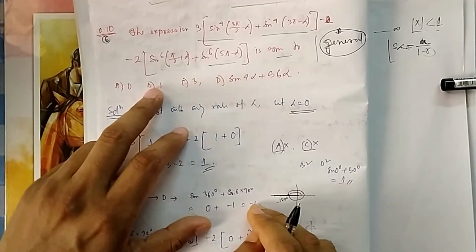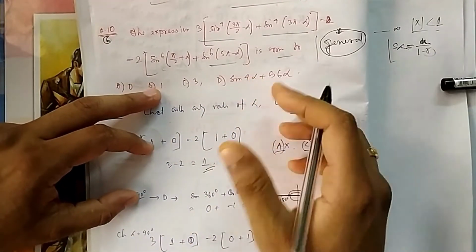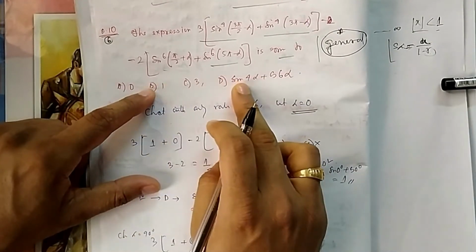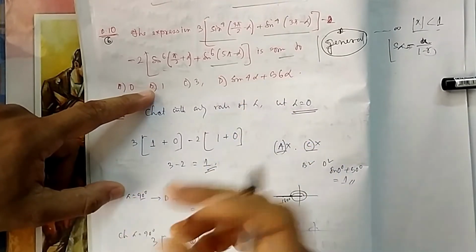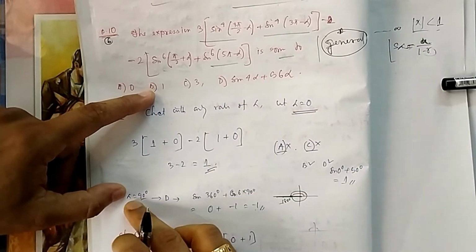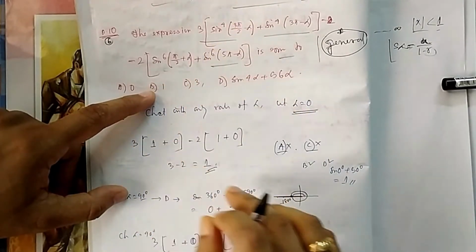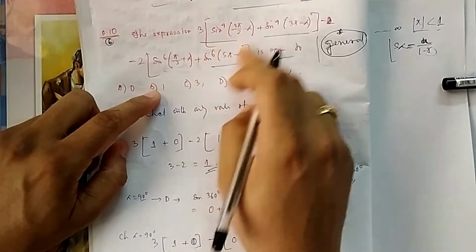But this is 1. So there is a difference between B and D with this 90. There should be a difference because I want to eliminate either B or D. But if both are again giving me 1, then what is the benefit of taking alpha? I will take alpha in such a way that the answer is different, so that I can match which one is satisfied from the left hand side. So this is 1, this is minus 1. Let me calculate the left hand side.